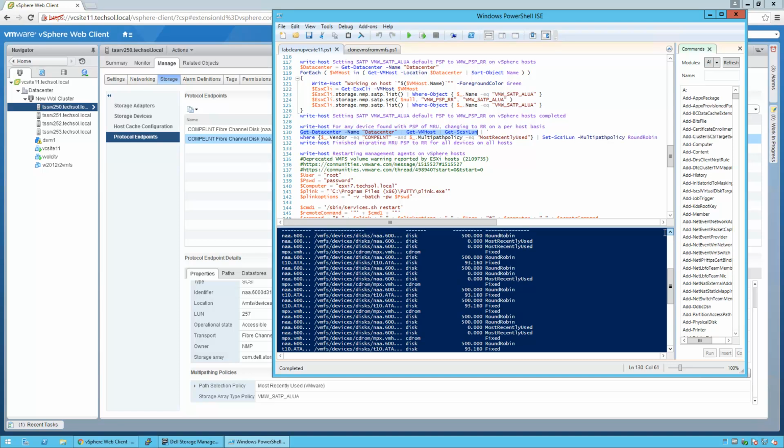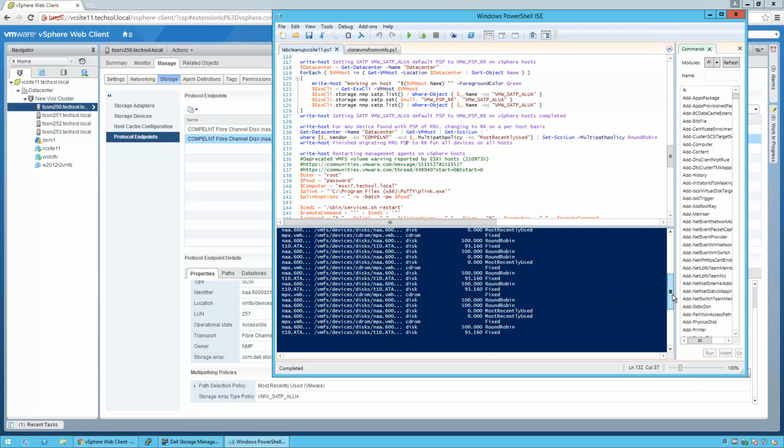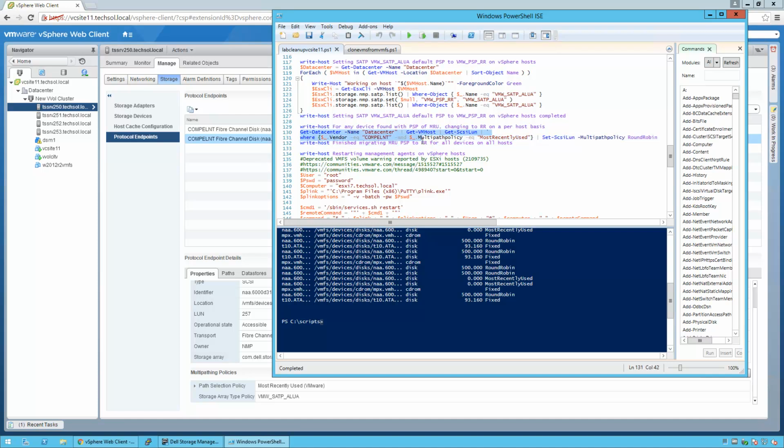You can see I've got a number of 512 byte devices. They actually show they're rounded down to 0 gigabytes capacity, but each one of these 0 gigabyte devices with the multipath policy of most recently used are the protocol endpoints for each of the hosts. So what I want to do is actually run this script. Let's scroll back down. We'll run the rest of the script, which enumerates or gets that same list of devices,